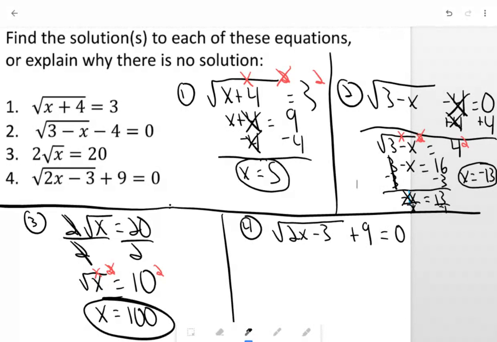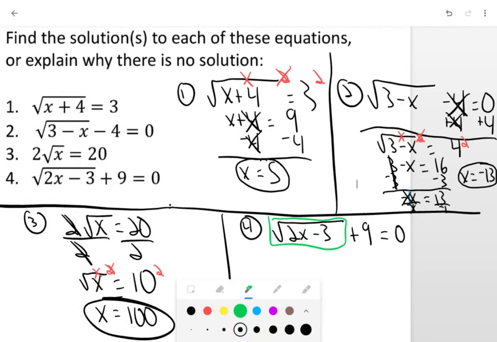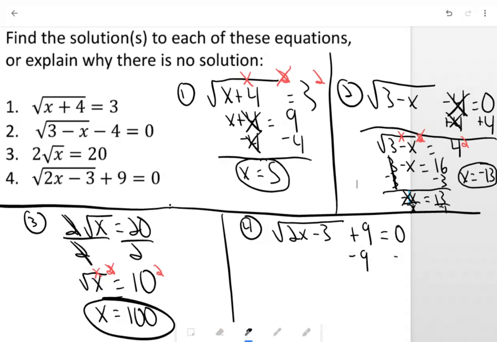Okay. Number 4, to isolate the square root, I have to get rid of the plus 9. So in order to do that, I'm going to subtract 9 from both sides. And I end up with the square root of 2x minus 3 equals 0 minus 9. And before I continue,